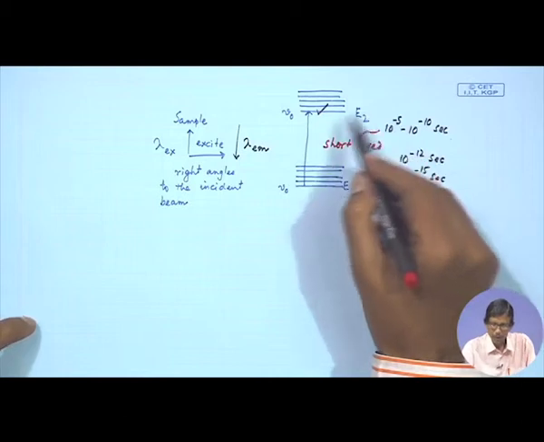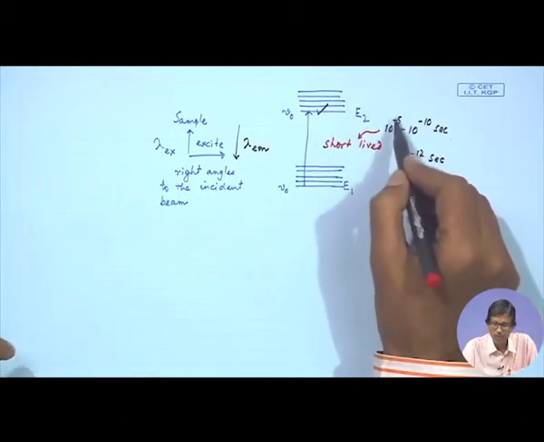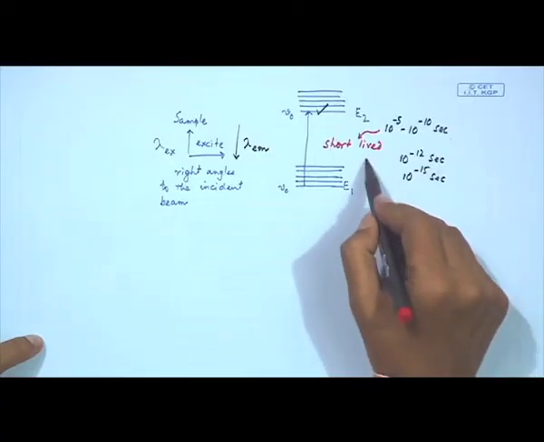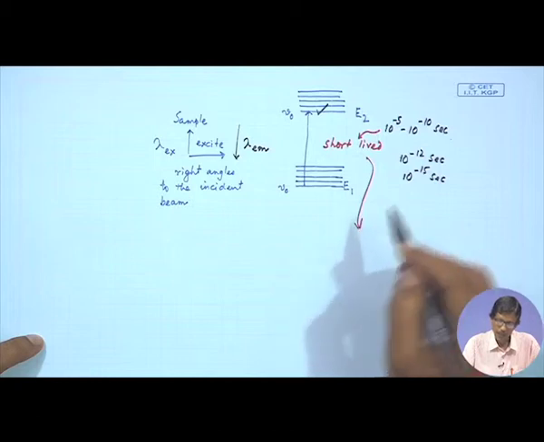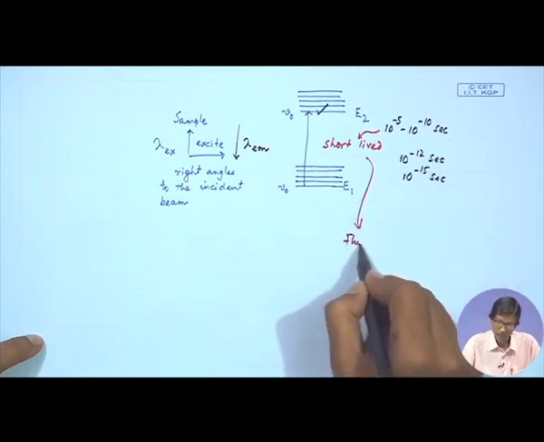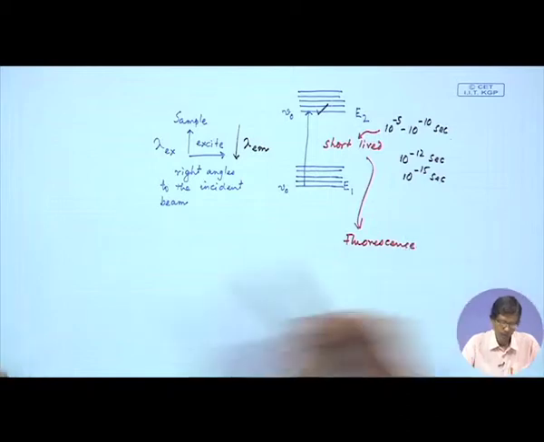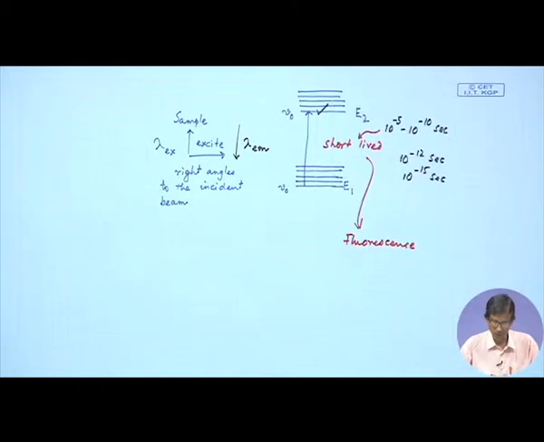That means we are not able to go down from 10 to the minus 5 to 10 to the minus 1 or 10 to the minus 2 second. So, if these are short lived, the process is known as fluorescence. So, this is the case where we see, and at least we always expect that we should have the species